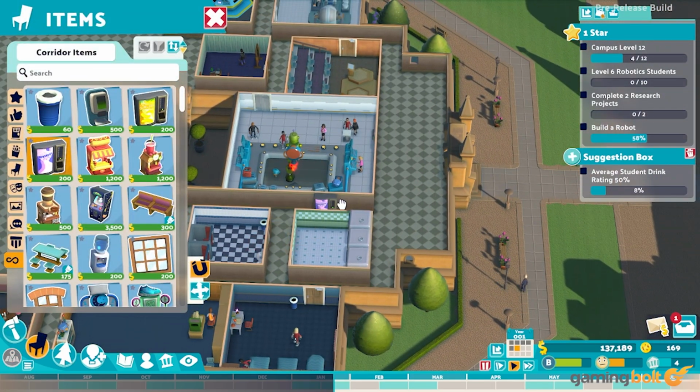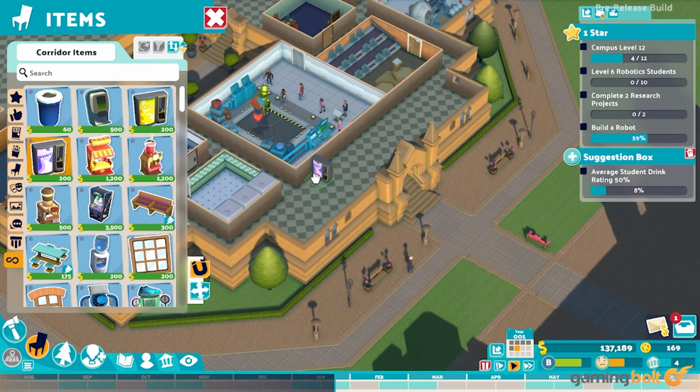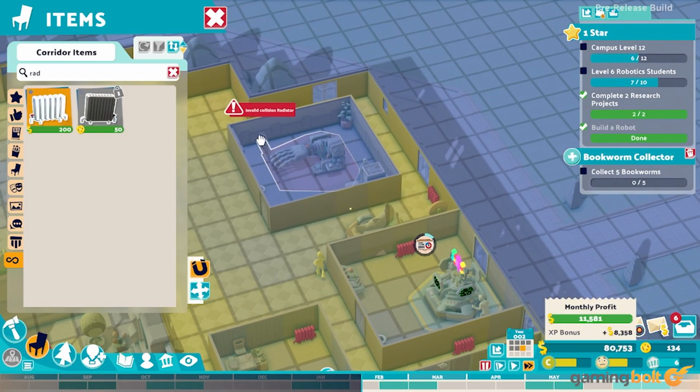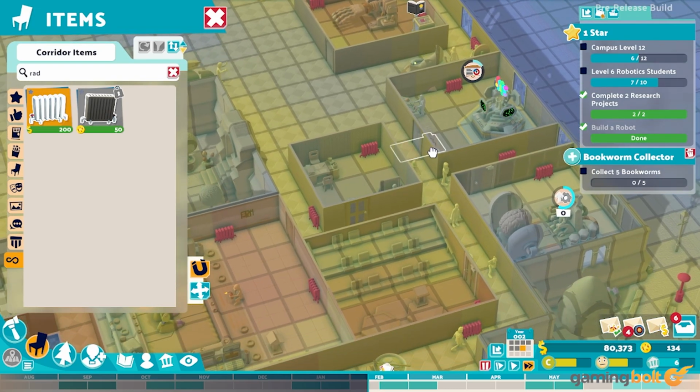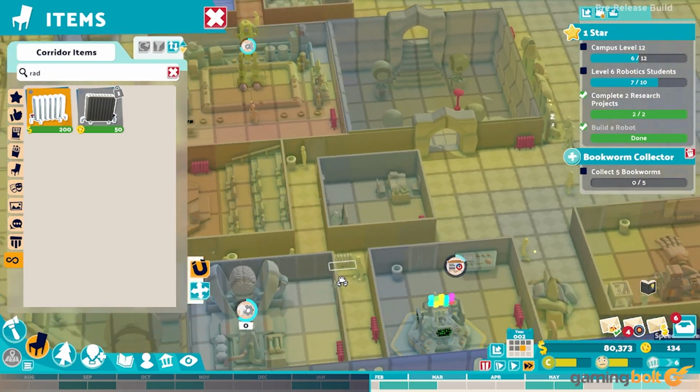How it works is that at some point in your university's life, you're going to run out of room and want to expand by buying up a neighborhood plot. Doing so allows you to either build your own new building in your new plot or let the game do it for you. Sadly, 2 Point Campus doesn't do much to highlight the new build-it-yourself option the first time you